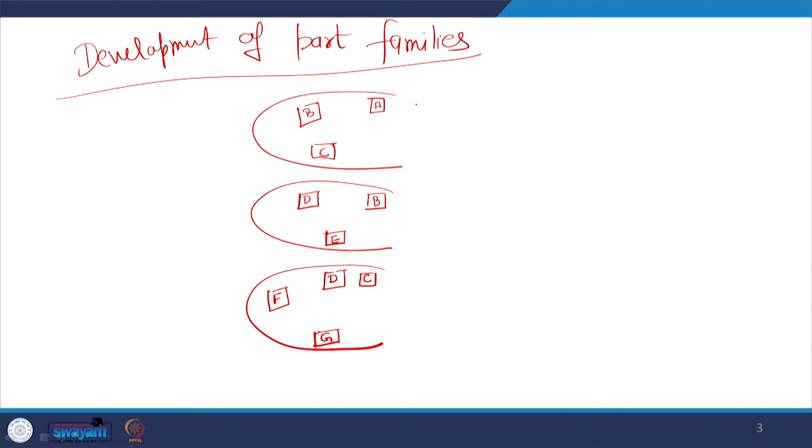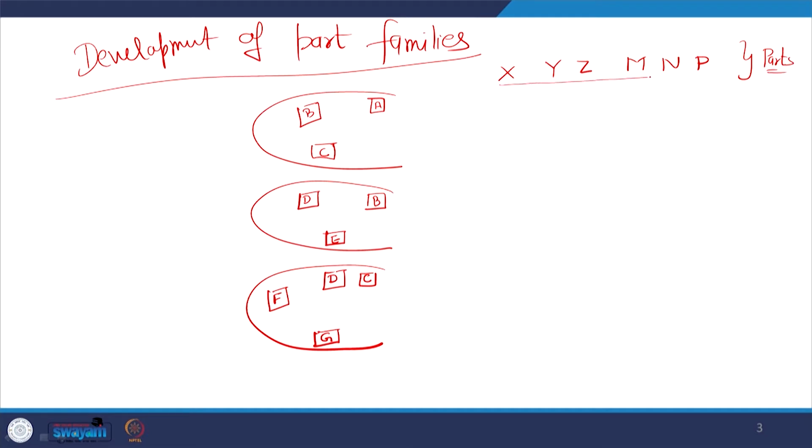Now, in my production, there are different types of components X, Y, Z, M, N, P. These are the different types of parts which I have to produce.